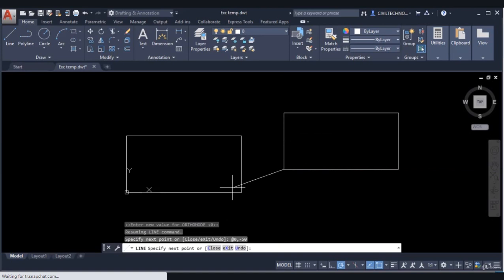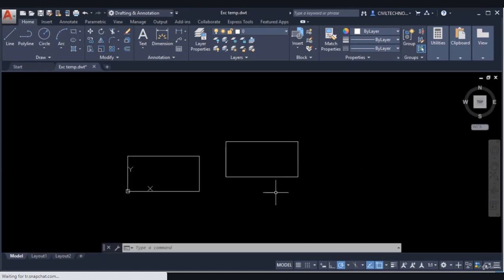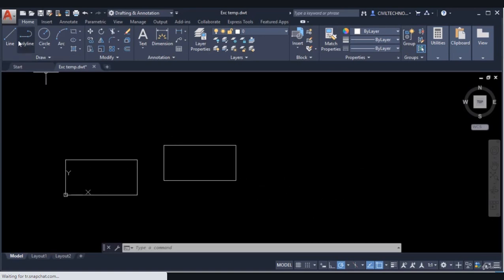So I hope you understand both of these absolute and relative coordinate systems. Now let's see how to draw a line in the polar coordinate system. For example, if you want to just draw a line inclined to any angle, you can use this polar coordinate system. So let's see how to do this. In this case, I will just activate this line command, and I will just give any of the point